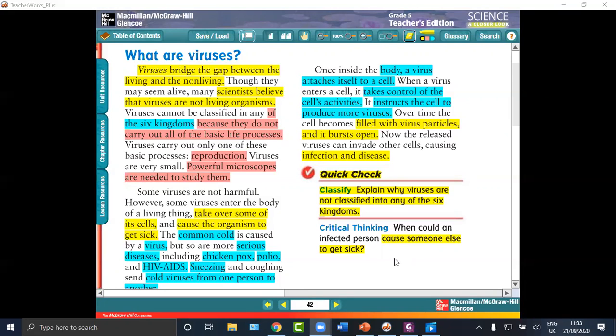The second question. When could an infected person cause someone else to get sick? You can write the answer for critical thinking. A person may become sick when they